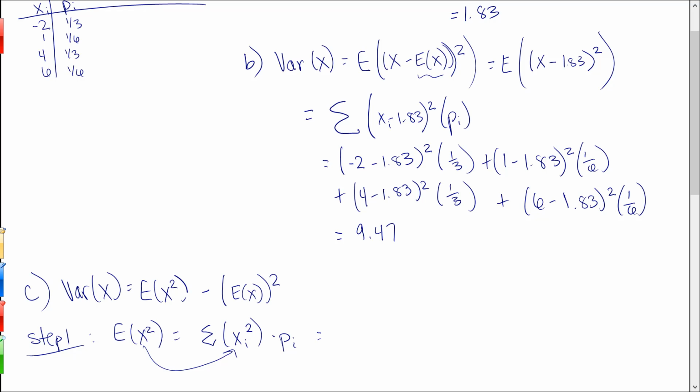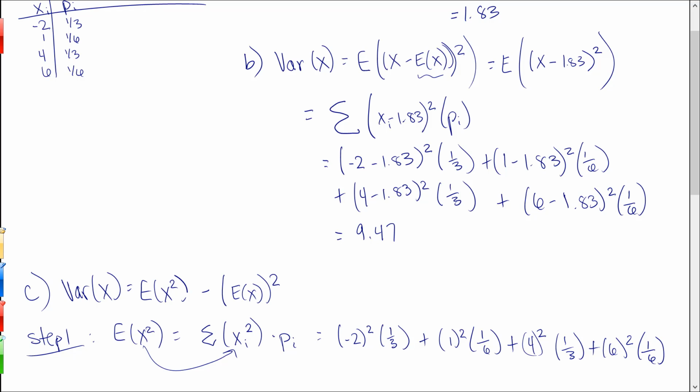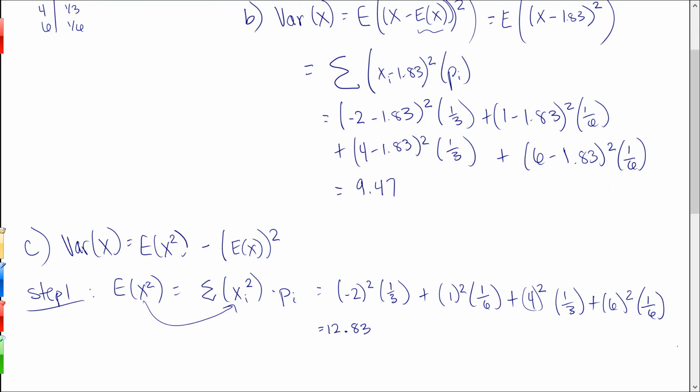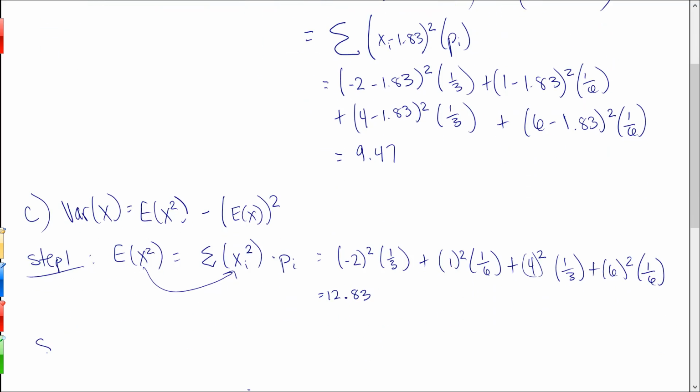So we'll take each x value, like our first one is -2, squared times its probability of 1/3. Plus our next one, which would be 1 squared times 1/6, plus 4 squared times 1/3, plus 6 squared times its probability of 1/6. Which gives me 12.83. So that's the expected value of x squared. Now for step 2,